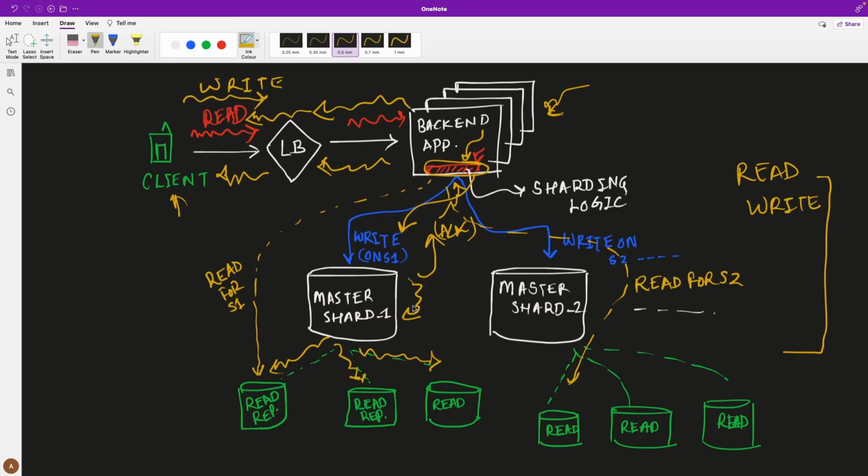The second one was database partitioning, and why we did the database partitioning. When your tables become huge, all of your database operations become expensive. So we try to split the whole table into smaller partitions, and all of these partitions will reside on a single instance. Then we also looked at what database sharding is. Database sharding was nothing but you create the partitions and then you spread this data across the different nodes. Now that node is responsible for performing the operations, read, write, update, any operation on that data.